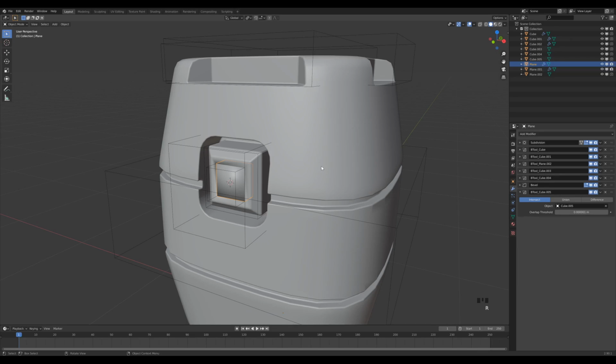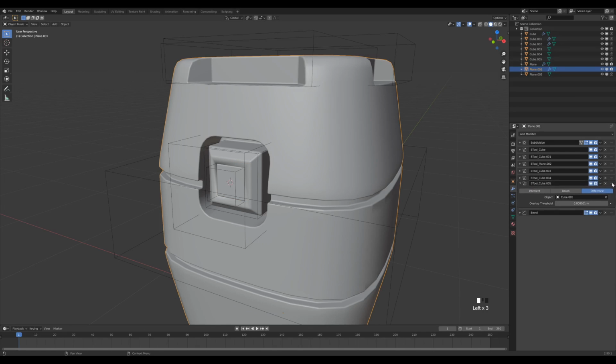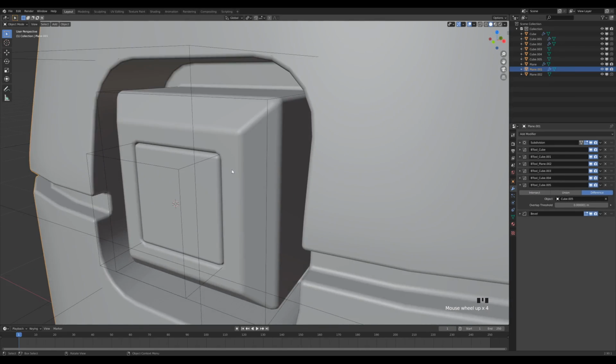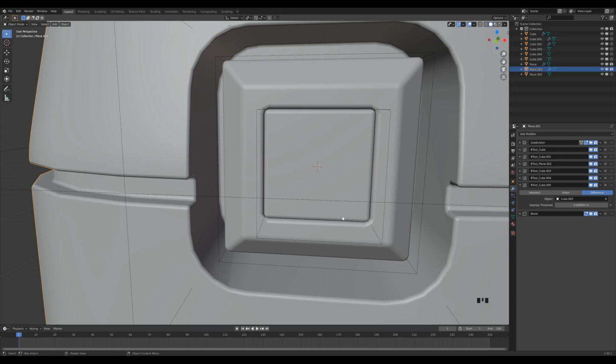So this way we can create, for example, panels and stuff like that, but here we'll have to fix two modifier stacks. So select the cube here in the middle, fix the stack there, and select the crate object and fix the stack there as well. And what that'll create is this nice cutout, this nice panel,